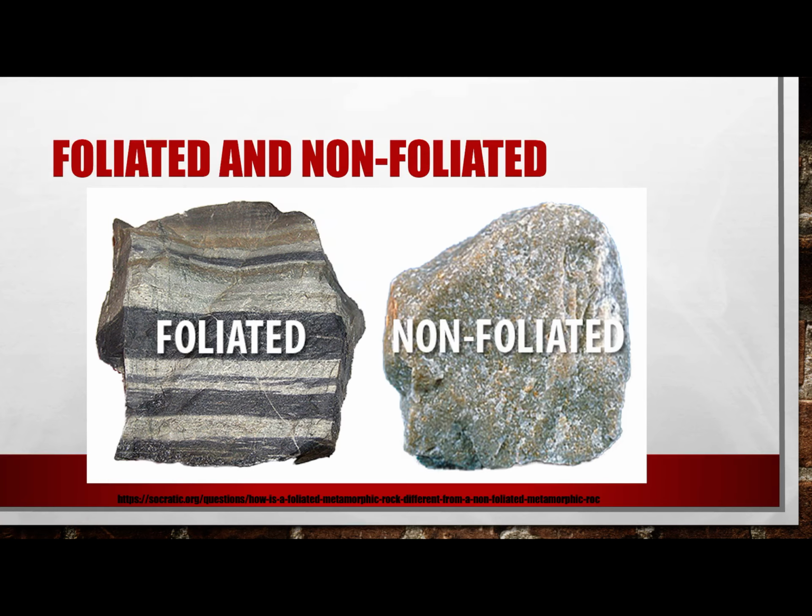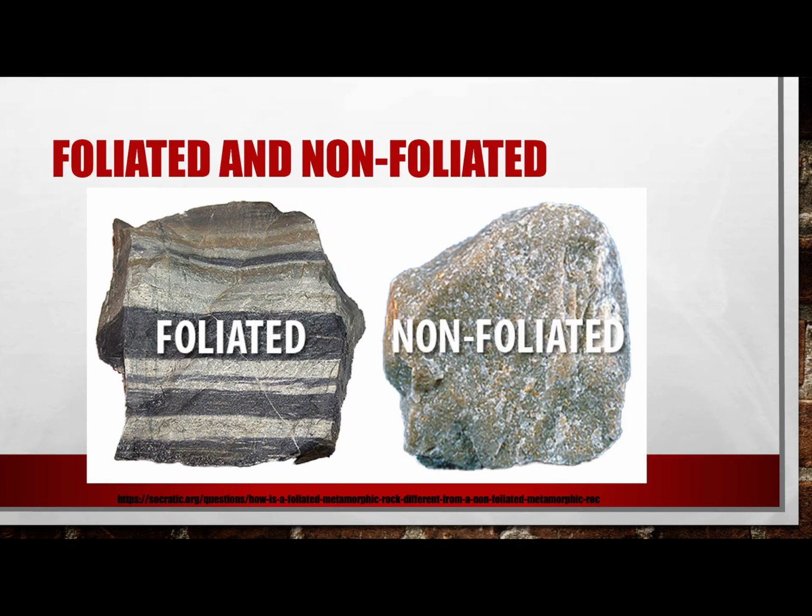And they have different reasons. Non-foliated tend to be associated with either all the same material, so even if it does get mixed around, it can't line up because it's all the same, or the original rock had square, round grains, so no real long sides to orient, no way to put them together in bands. Some examples here might be quartzite, made out of sand, or marble, made from limestone.